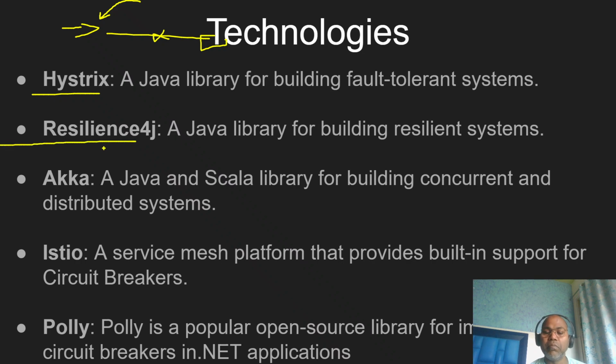This is the newest way and very, very popular, you can say, framework Java library available for making our system more resilient. It helps find out the particular nodes which are not responding, which are very slow, or faulty, and take the next action.